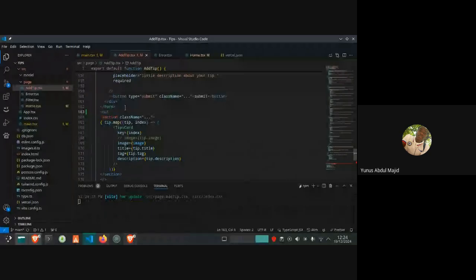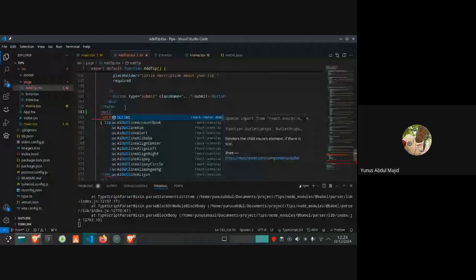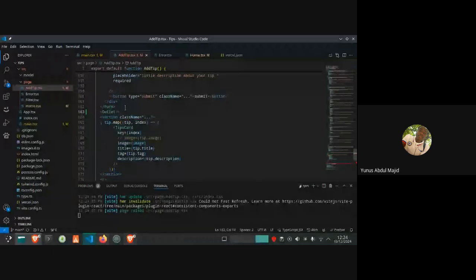I'm not importing that directly, because VS Code will import it for me from inside the suggestions. So it already brings it here, and I'll just click it and close the tab.